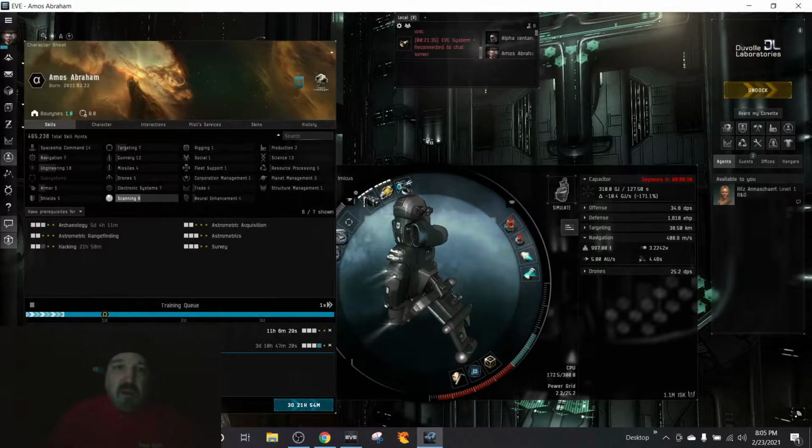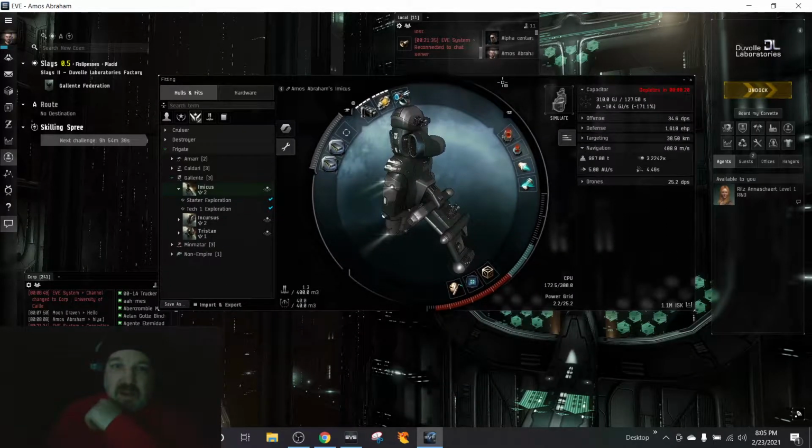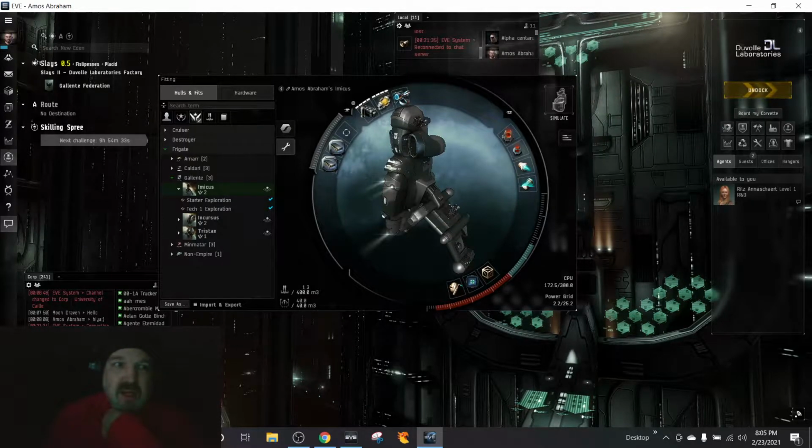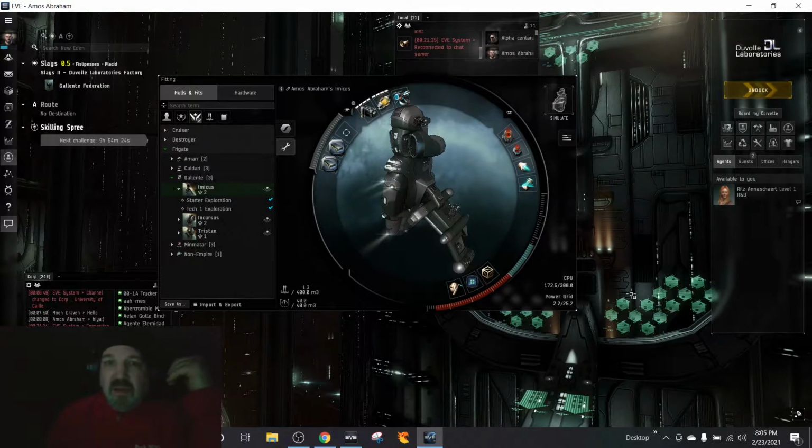Current setup is at a more 65 million with 28 million in the bank. Looking through it, currently flying my Amicus here. Probably be flying this for a little while. I could try to upgrade fairly shortly. I'm still flying an Alpha. First goal is to make enough ISK to